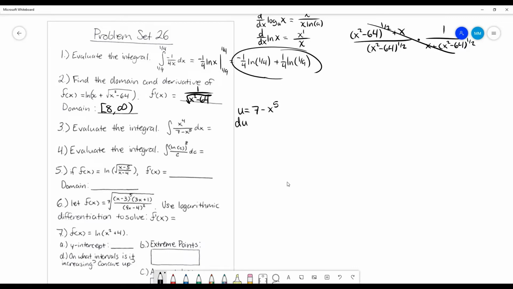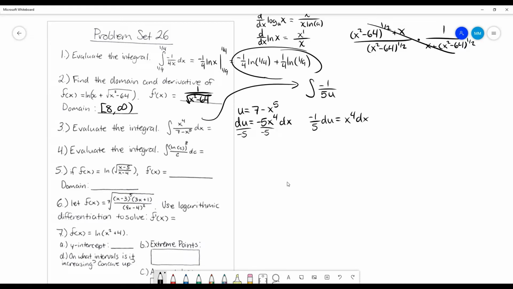So I can see pretty clearly if I set my u value to this entire bottom term, then that means that my du value, which is the derivative of this, is going to be, well, that goes away, and I get negative 5 x to the 4th because of that power rule, which makes it pretty easy to substitute, right? So I'm just going to divide off that -5. So I get -1/5 du equals x to the 4th dx, which makes my substitution really, really easy, because now this integral looks something like this,